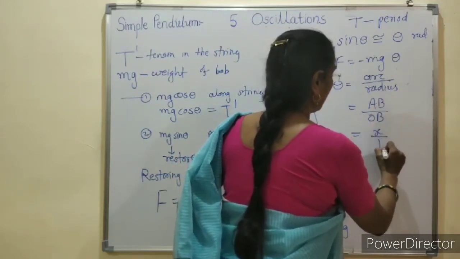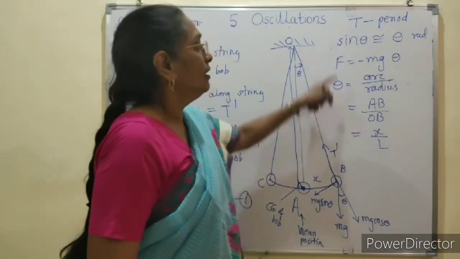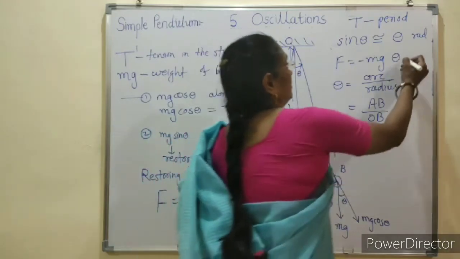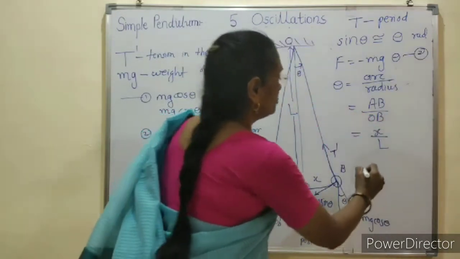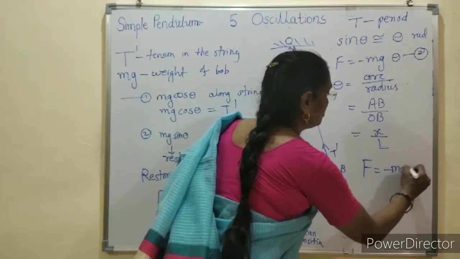So we write x upon L. Theta is equal to x upon L. So in equation number 2, if we substitute, then we write F is equal to minus mg into x